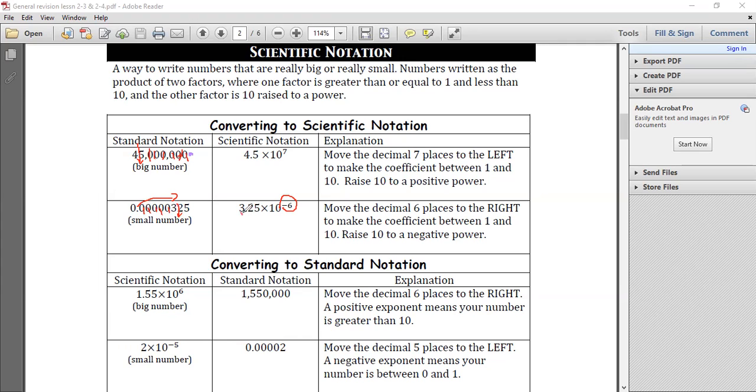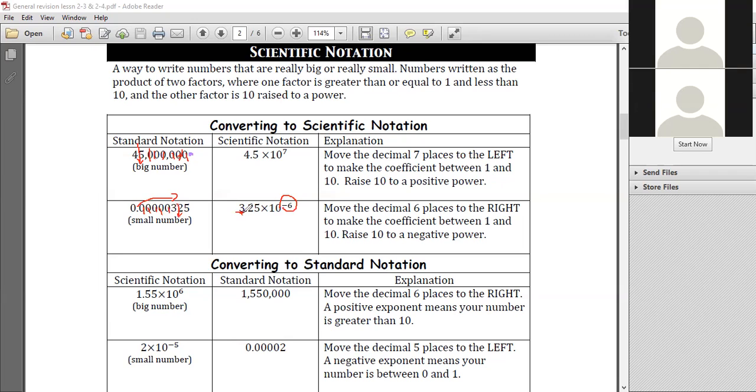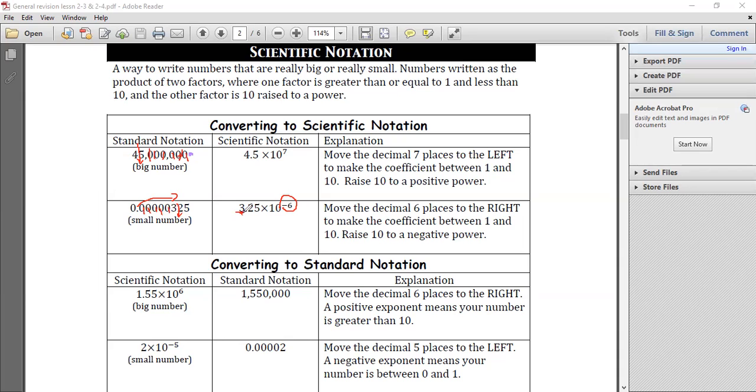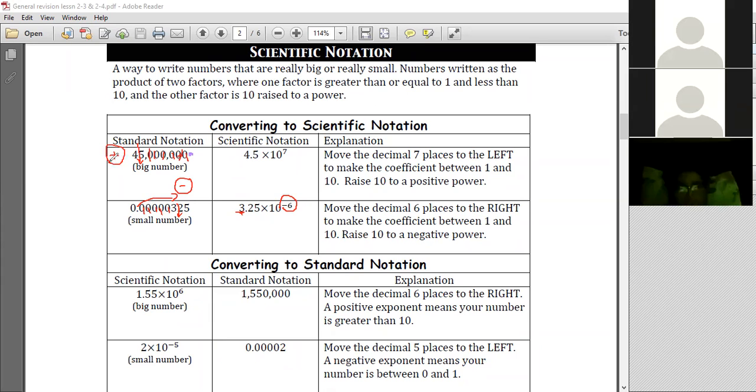Why? Because we have to keep only one number that is equal to or more than 1 and less than 10. Okay, so this is how you describe it by a negative exponent. It was a big number and you move to the left side. Once you move to the left side, the exponent should be positive. The opposite, once you move to the right side, the sign will be negative. To the left side, the sign should be positive. Okay, then